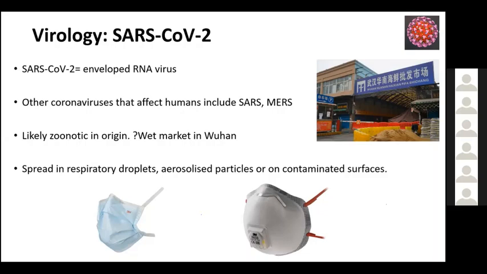So how is it spread from human to human? The main way that it seems to be spread is in respiratory droplets, aerosolized particles, or those droplets being on contaminated surfaces, and then people touching their eyes or their mouth. And the reason this is important is to do with PPE. So respiratory droplets are best stopped